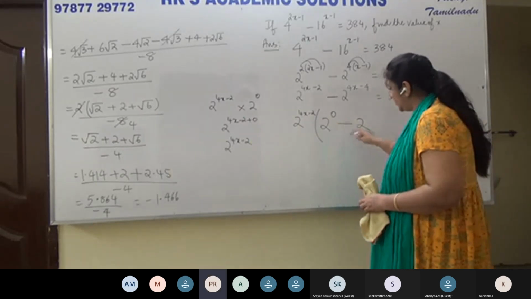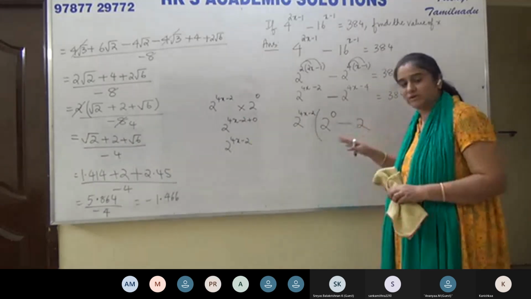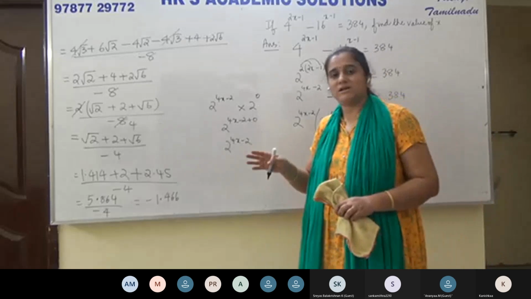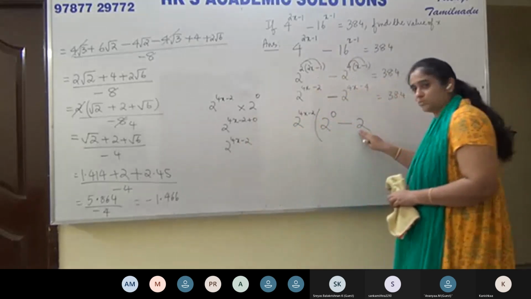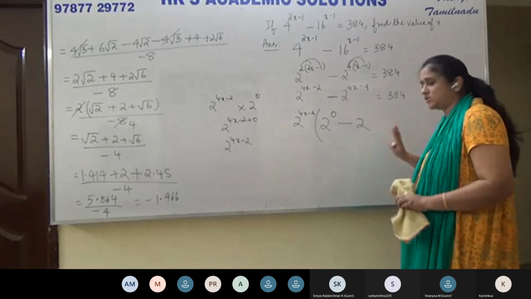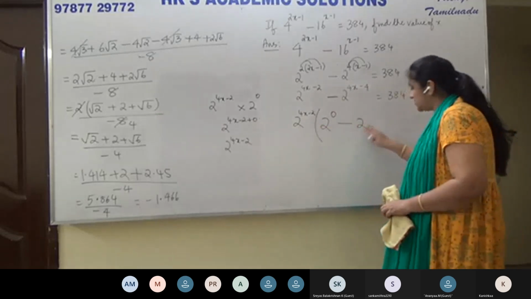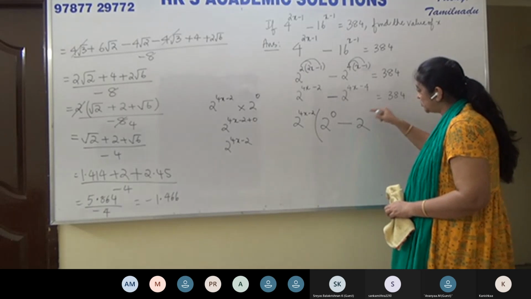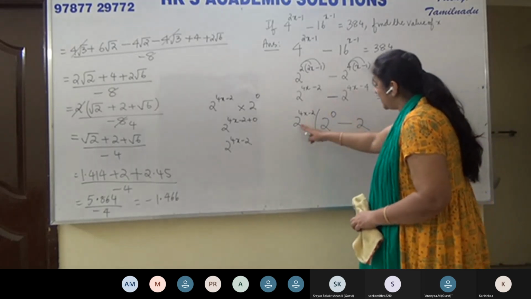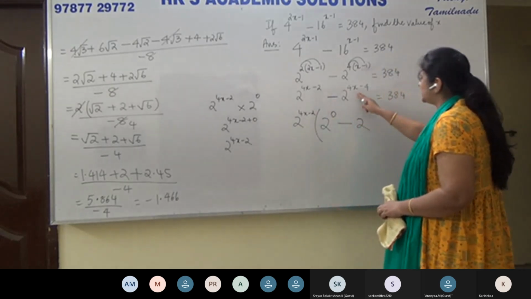2 to the power something into 2 to the power something can be simplified because when bases are same and it's multiplication, we can add the powers. So the base has to be 2. There's no choice there. Because the base is 2 here, it has to be 2 here. Okay. Now, what should be the power? We must write a suitable power so that when we multiply this with this, it gives us this.